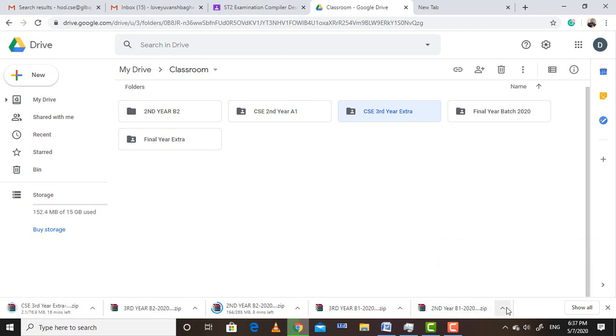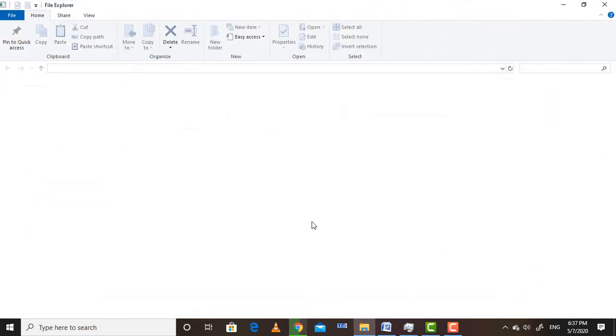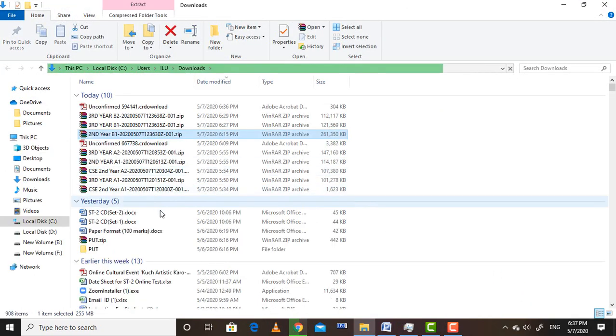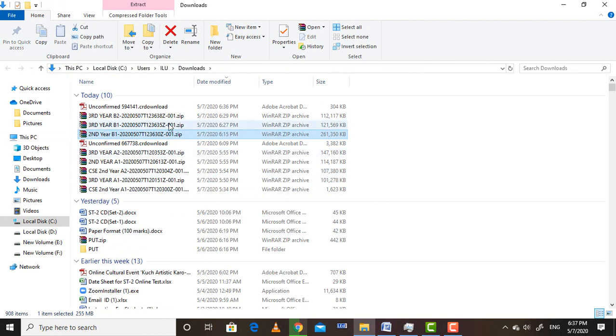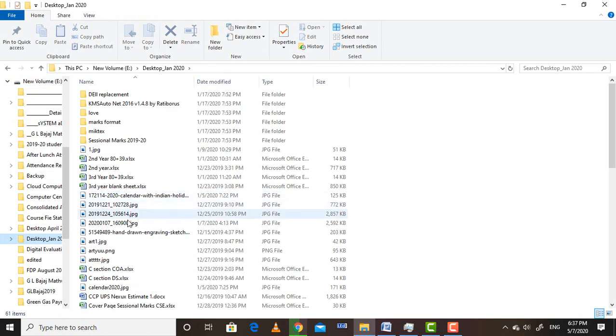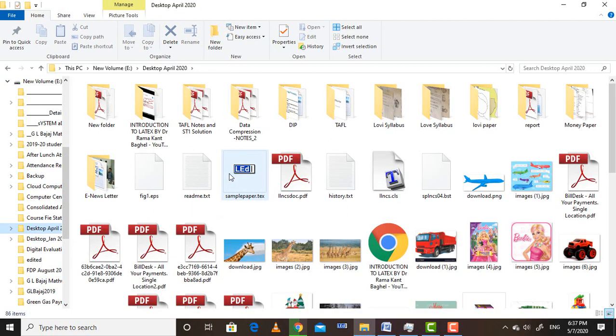After you download this folder, you go to show in folder, you go to the downloads, and you can extract the downloads on your drive, as I have done before.